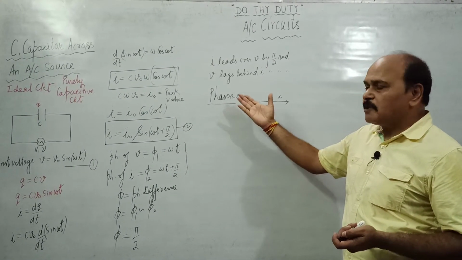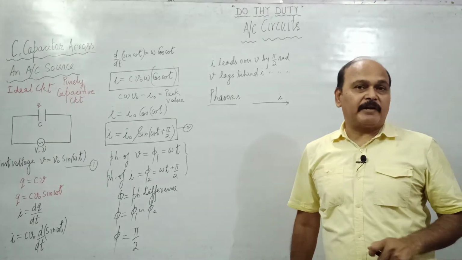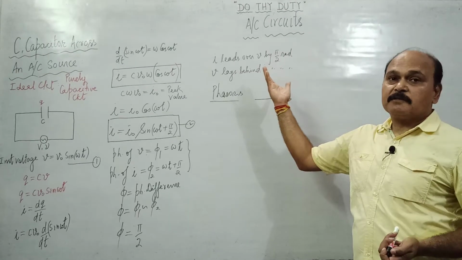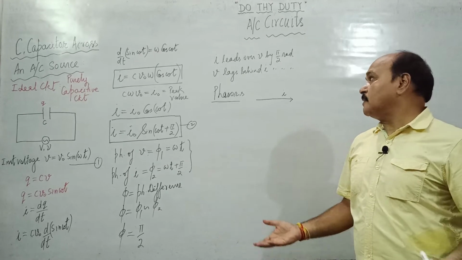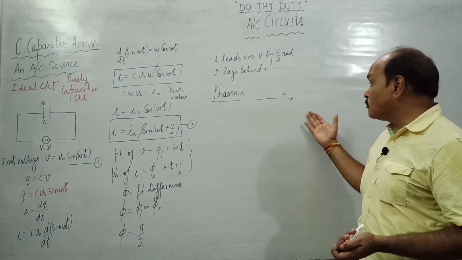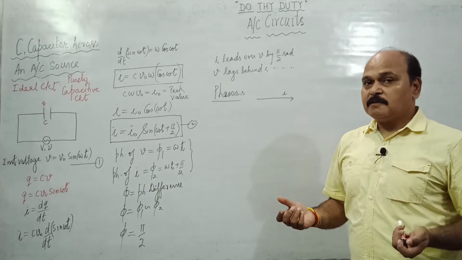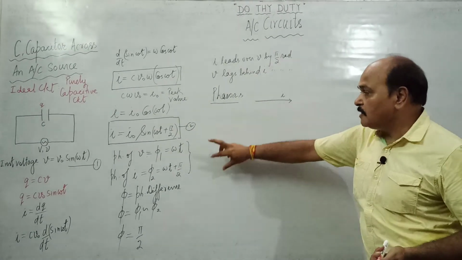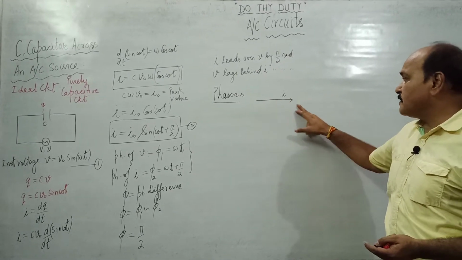Well, why do we call them phasors? See, arrow-like representation is exclusively reserved for vectors, but we are making arrows for what? Current and voltage. Neither current nor voltage is a vector quantity, but still we make arrows for them. So we give them a special name, phasor. And remember, these phasors are made keeping in mind the phase relationship between current and voltage, which we have just understood. So this is the I phasor along the initial line.